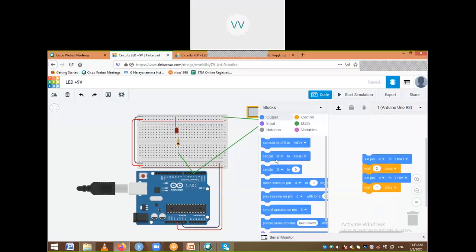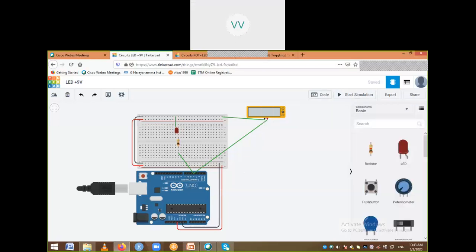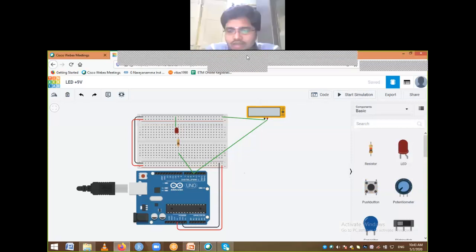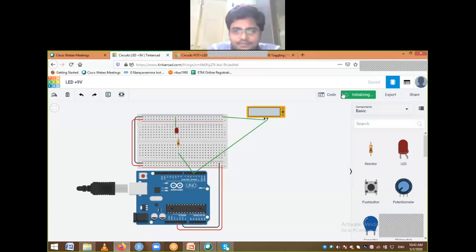This is the circuit which we have come up with yesterday, and I'll just click on start simulation. We'll see what happens. You can see that LED is blinking, and you can see timing over here. After 1 second we will see what happens.